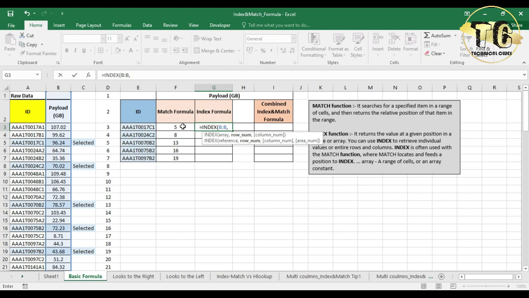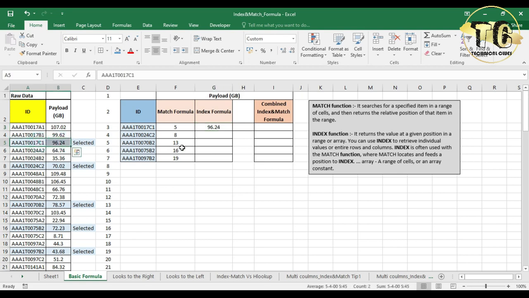As we know, we have already checked in match formula. So write 5, bracket close, 96.24, same as. Now we have to check next ID